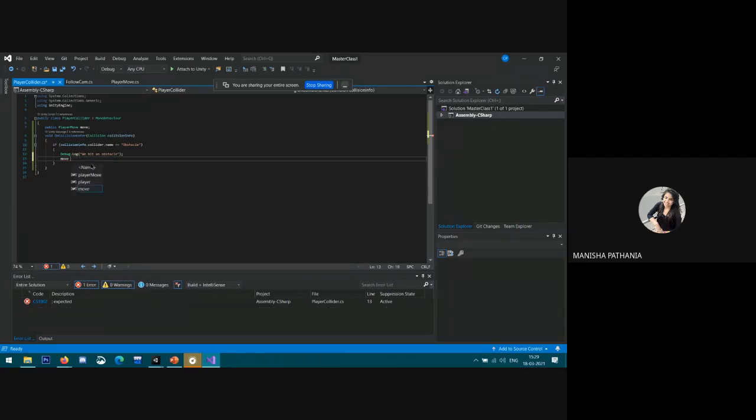So move.enabled equals false. This I need to do in my code. Close it with a semicolon. Now try this again.